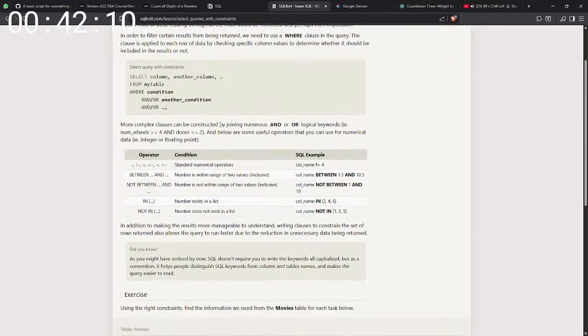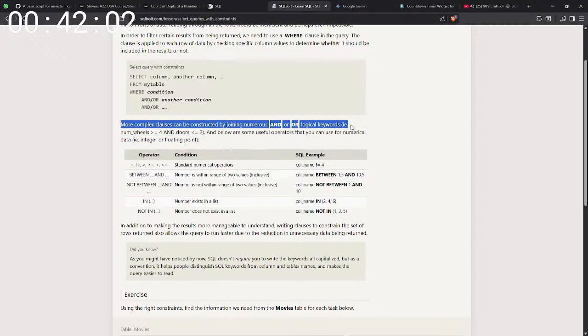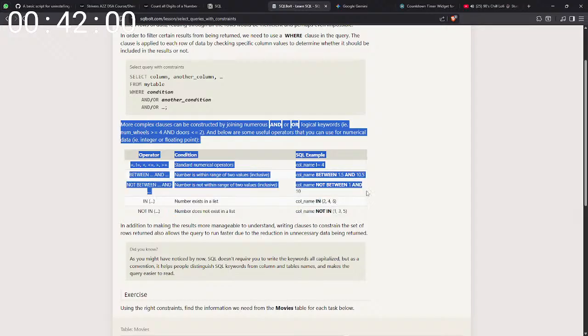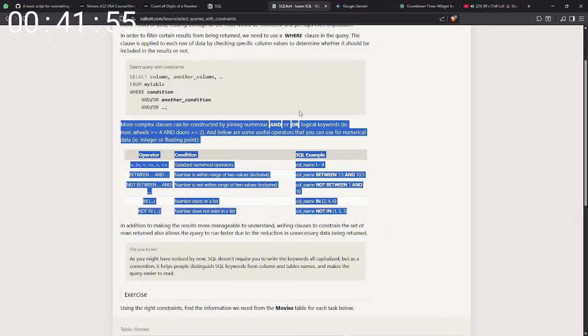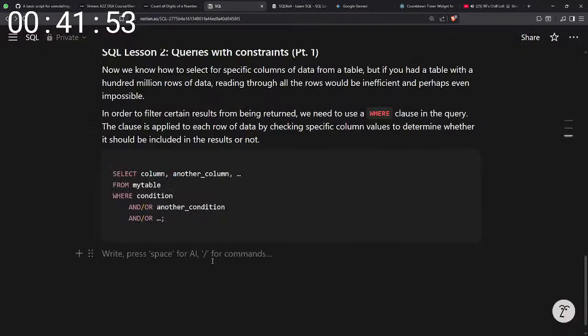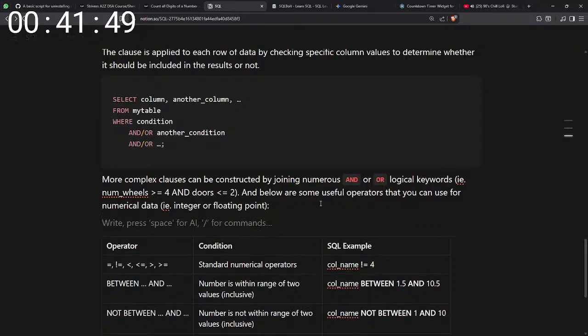More complex clauses can be constructed by joining AND and OR logical keywords. We already know AND and OR keywords, which I will find right here somewhere. Last I remember, in AND something like both statements